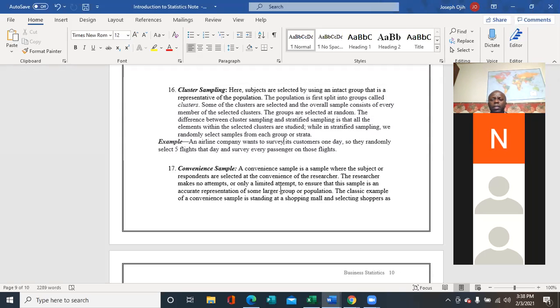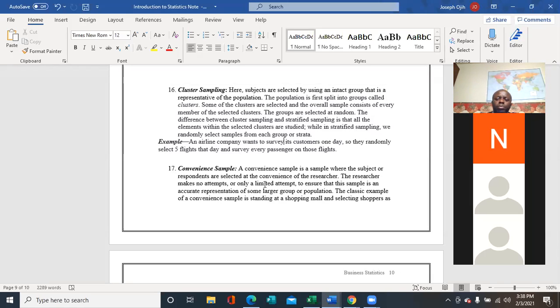Now, convenience sampling is not really reliable so much, and I'll give you an example of why. In 2016, during the presidential election, there were so many polls coming out showing that Hillary Clinton would win the election.